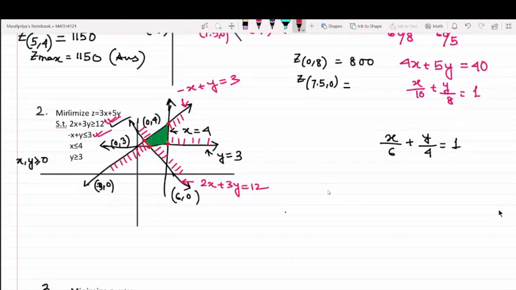Now, can you tell me precisely which 2 points we need to check? If we are to find the minimum in this case, which 2 points are we required to check? Ma'am, the leftmost corner points. Yeah. We are basically required to check the points that are nearer the origin, isn't it? Because they are the ones which are going to give us the minimum value.